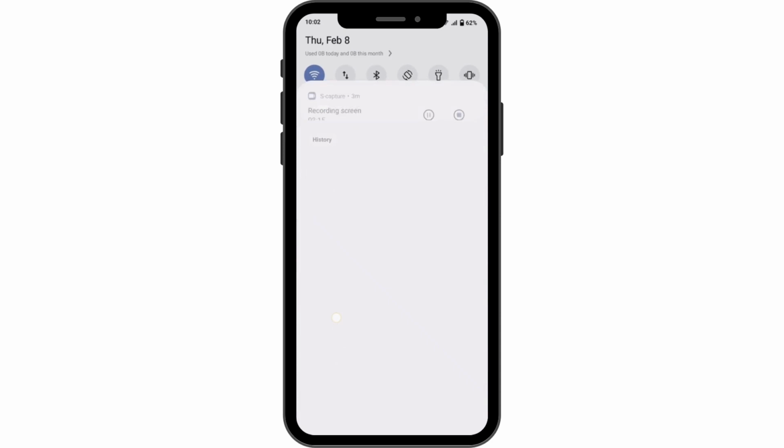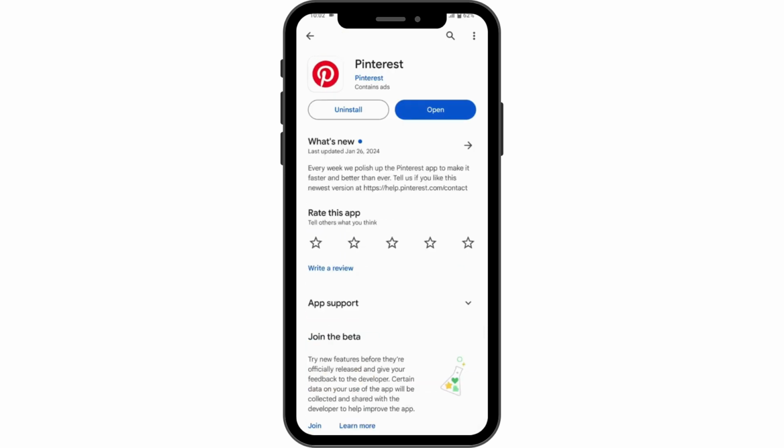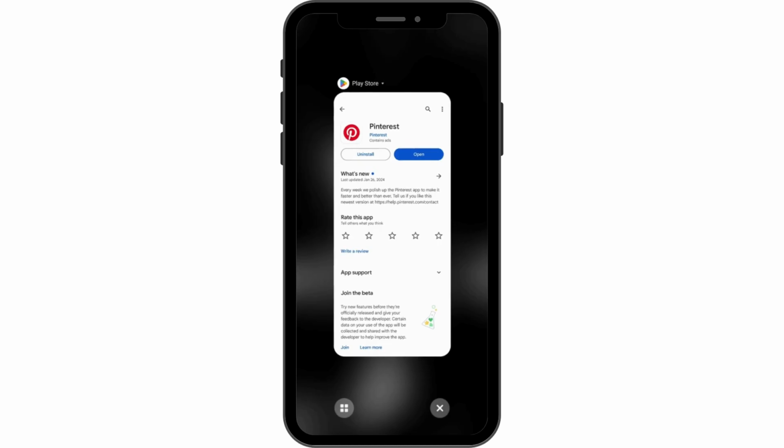And once you've done that, you can go to the search bar and search for Pinterest, and here you will have your application. So instead of this open button, if you have an update button, simply tap on update and update your application. And once you update, if that still doesn't fix your problem, then you can remove that, and